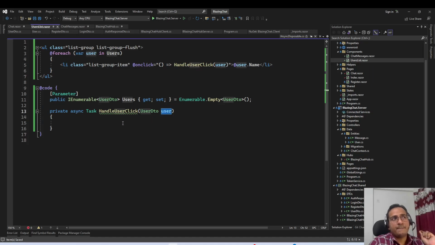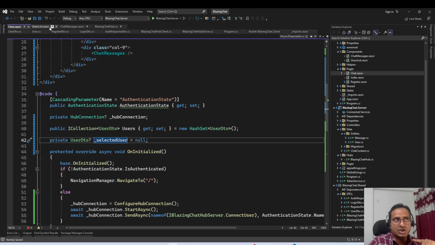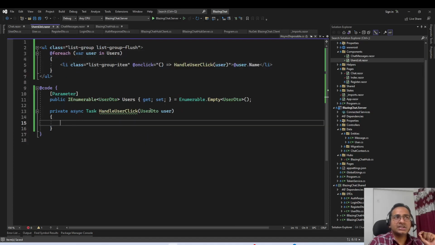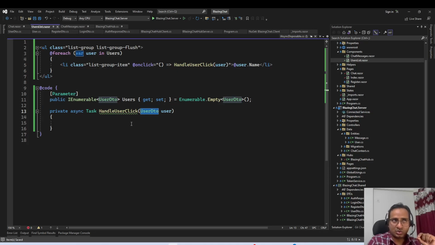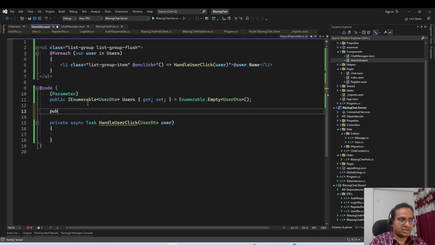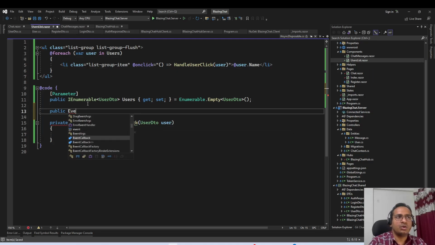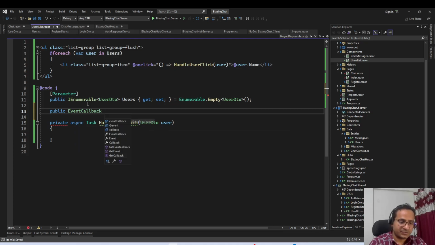Now we need to notify the parent of this chat list component. The parent is this chat page, so we need to tell the parent that this user is currently selected. In order to pass data from parent to child, we saw that using a parameter we can pass data, but now we need to pass data from child to parent. So from child to parent, we can have one event callback type of parameter, then we can say on user selected,